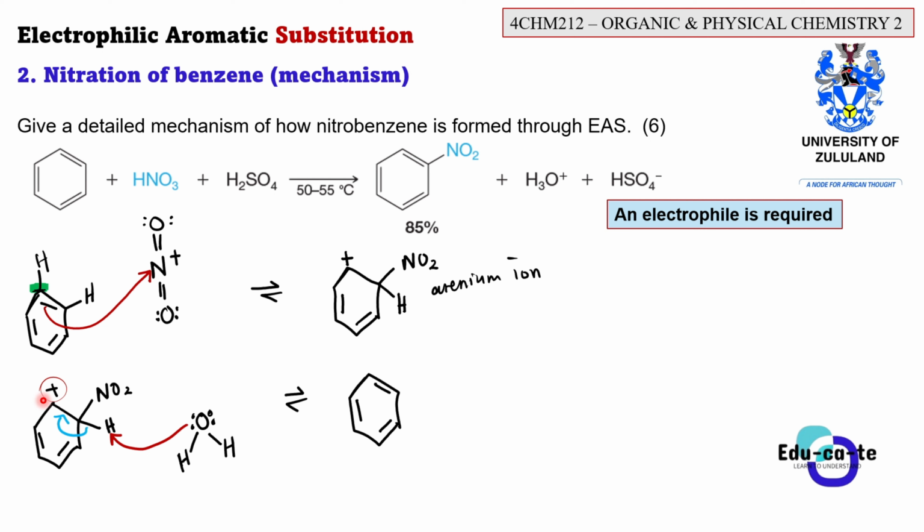It's a proton basically. So the bond between this H and this carbon will break because we're taking away the hydrogen, right? This oxygen will use its lone pairs to take away the hydrogen. So this bond between carbon and hydrogen will have to break, and the electrons of the bond will form another bond here between this carbon having a positive formal charge and this carbon here. And in this case, we'll regain our double bond here, but we'll remain with our NO2. Plus here, this H2O will now have H, oxygen, H, you draw it in the right way,